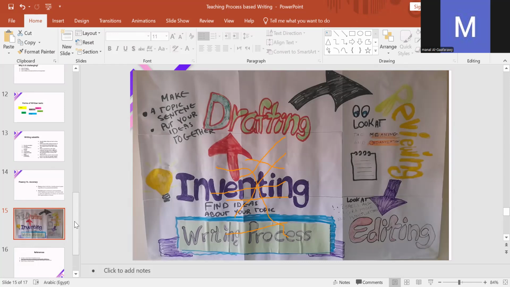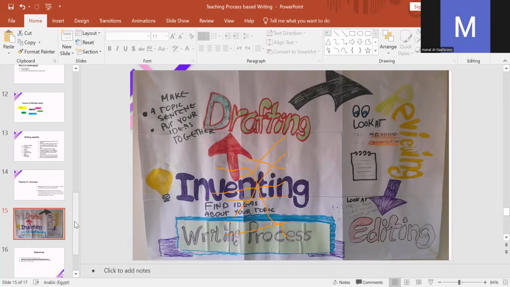Okay, so there are certain activities or tasks to help students focus on inventing. There are other tasks to help students draft, other tasks to help students learn the process or the stage of reviewing, and finally the stage of editing. Maybe in the next session, I'll be sharing a variety of activities to apply at each and every stage of these 4 stages. So to wrap up what we did today, we focused on